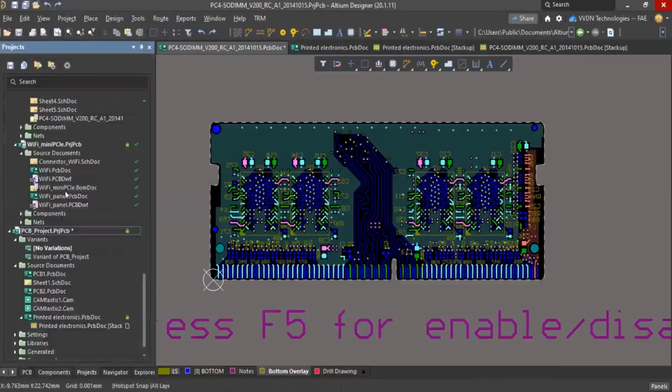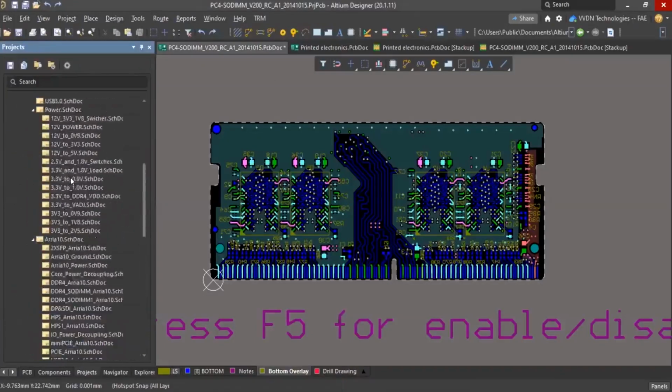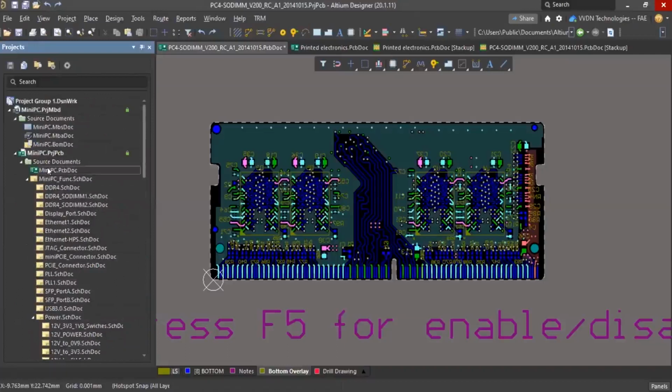Let me open the mini PC. And we calculated the impedances, right?